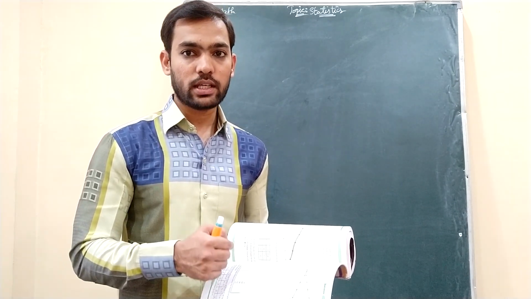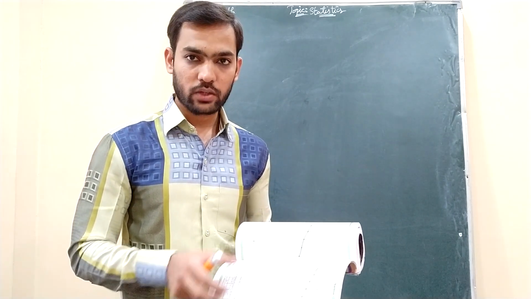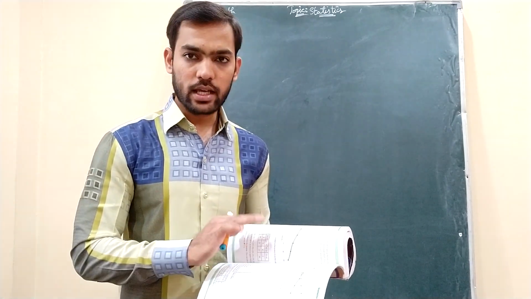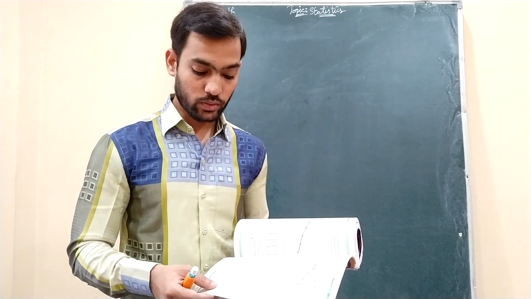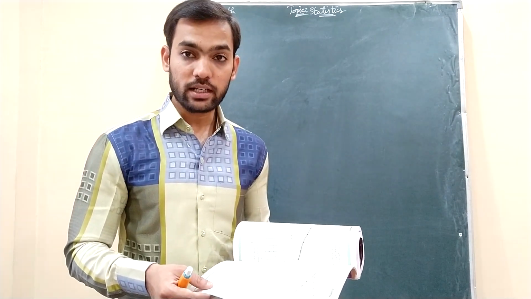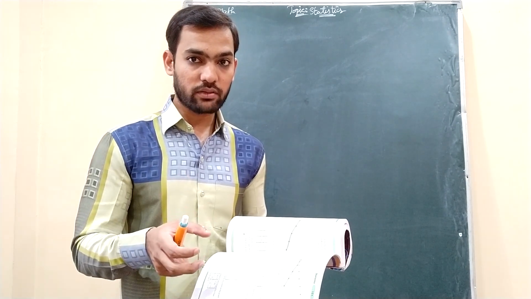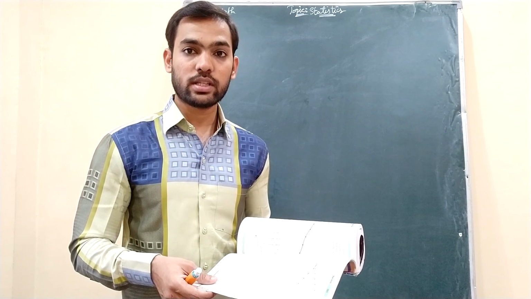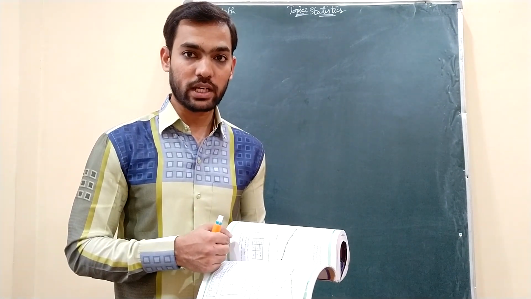But we will see what he is asking us to do. Draw a less than type ogive for the given data. This data is enough to draw the less than type ogive. But he is also asking, hence obtain the median weight from the graph. You have to obtain the median weight after drawing the ogive from the graph and verify the result by using the formula, as we used to find out the median using the formula. That also you need to verify.